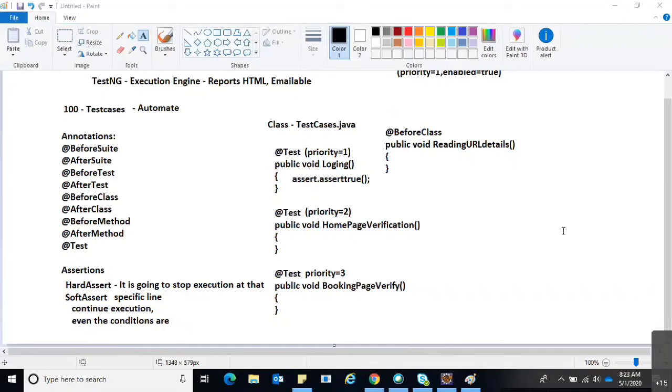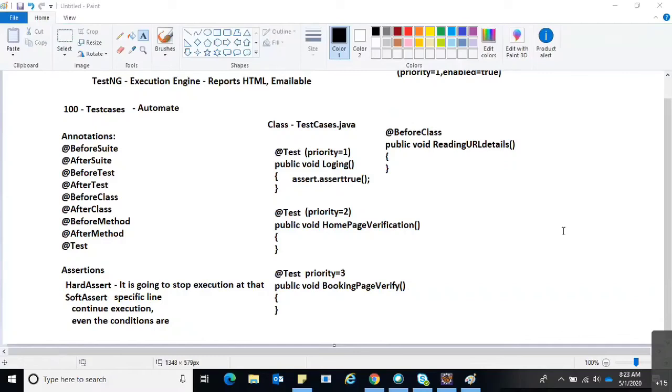I hope I am clear with the concepts coming to TestNG and the page object model. You will understand more when we see it practically. Hands-on is more important. In assertions, you are telling hard assert and soft assert.